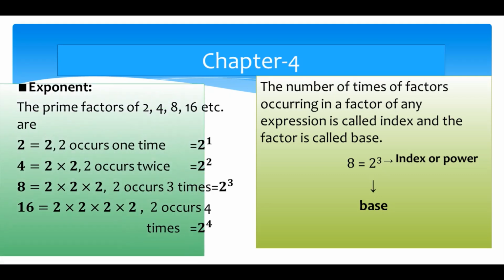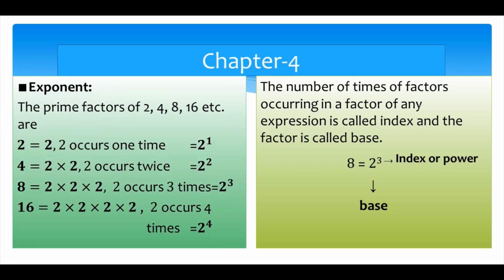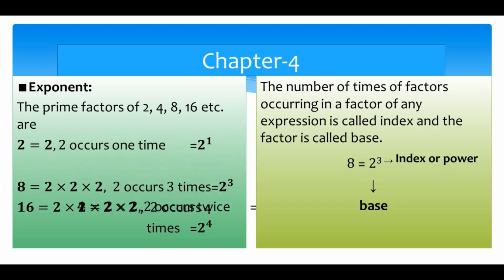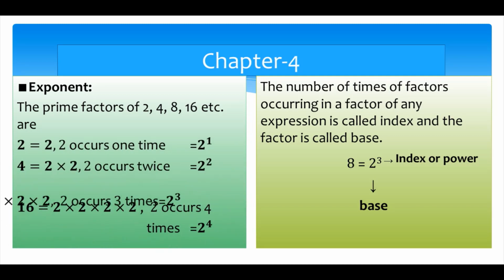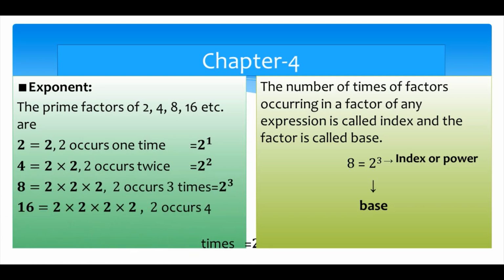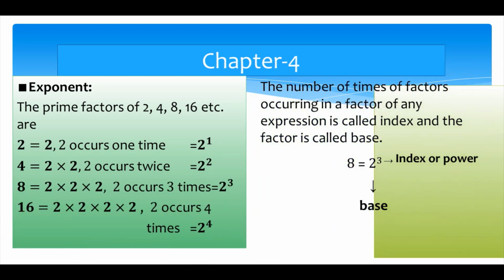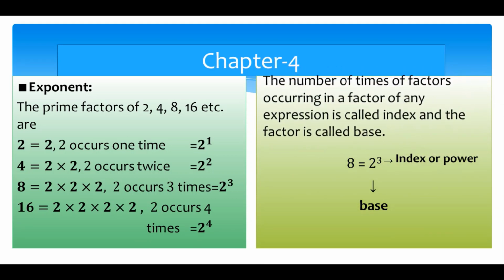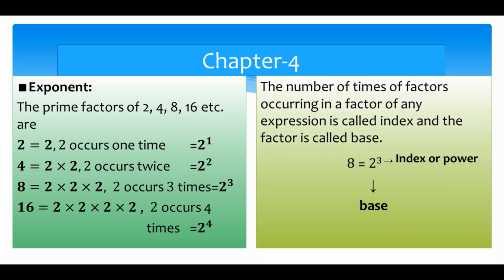That is the thing. As you can see again, exponent: the prime factors of 2, 4, 8, 16, etc. are 2 occurs 1 time, 2 occurs 2 times, 2 occurs 3 times, 2 occurs 4 times. The number of times a factor occurs in a factor of any expression is called index and the factor is called base. So here you can see the example: 8 equals 2 to the power 3, 3 is the index or power and 2 is the base. So my dear students,